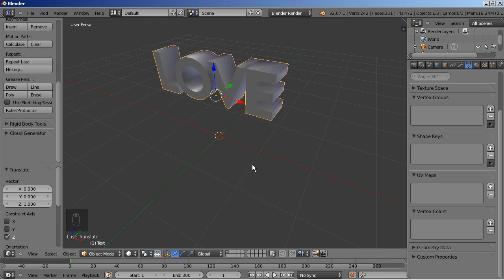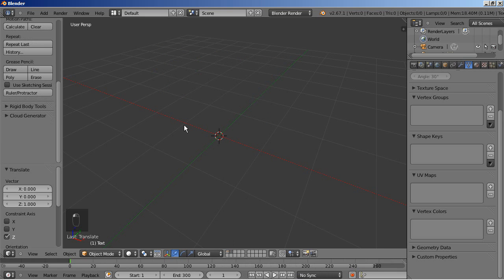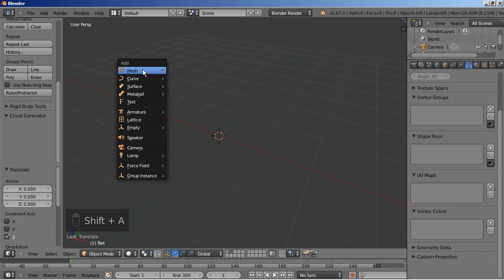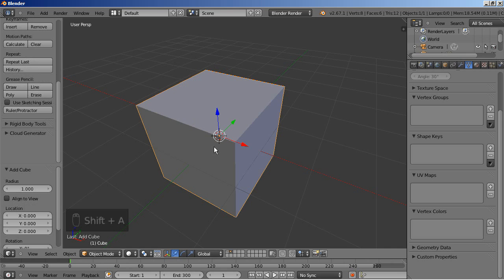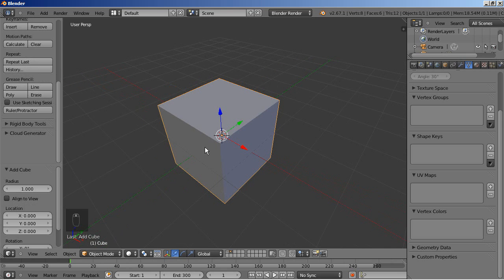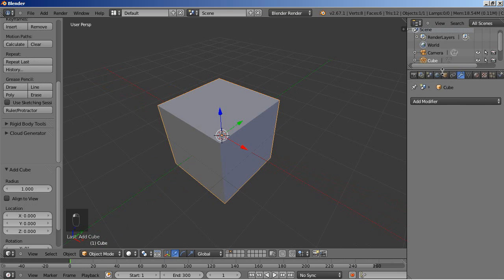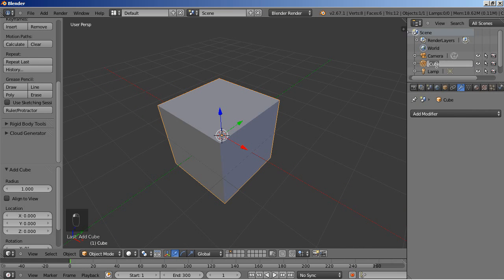Time to build the particles. I'll click right here to move over to the second layer, and let's build the particles. I'll hit Shift A and add mesh cube. We have our cube here appearing. I'll move over to the modifiers panel, and let's also change the name of the cube. Double click here, and I'll change this one to particle